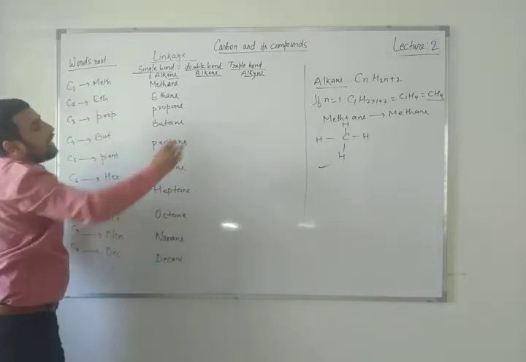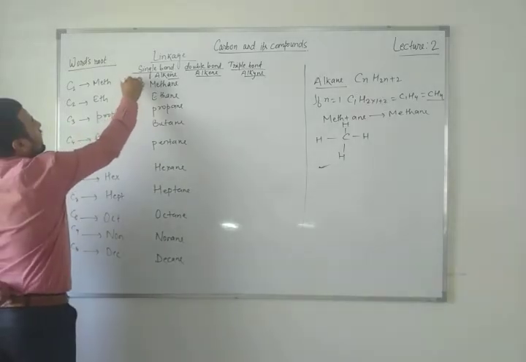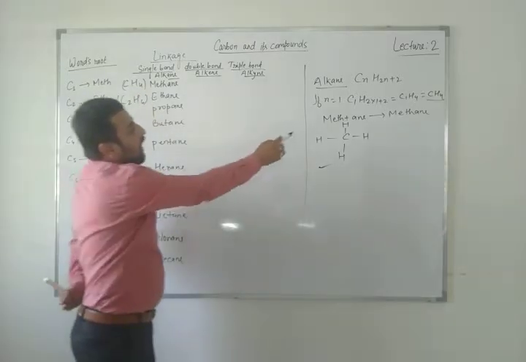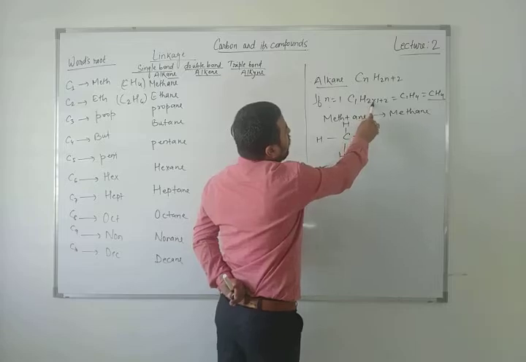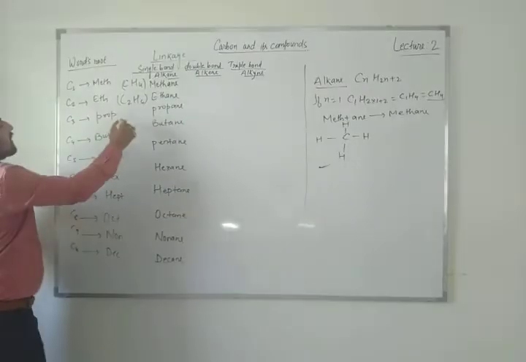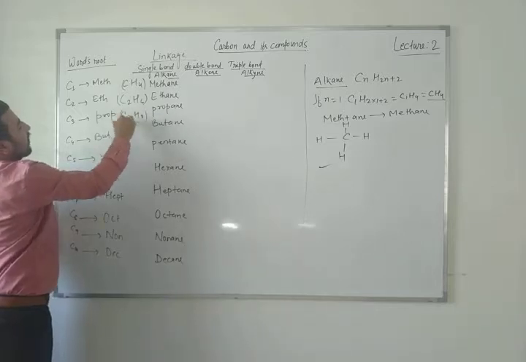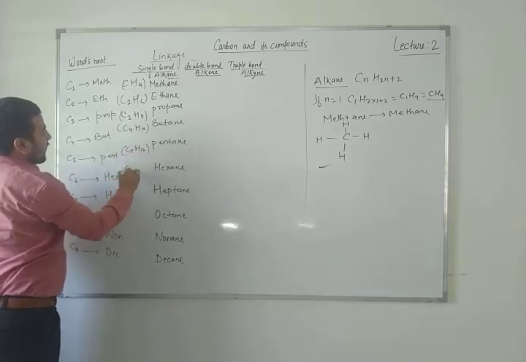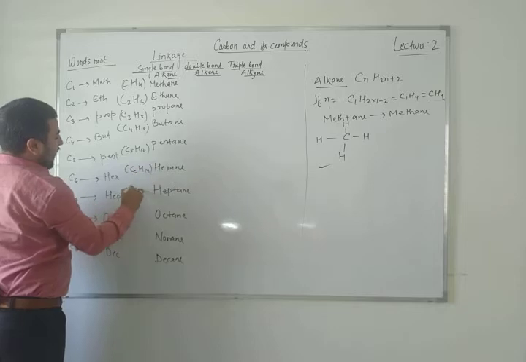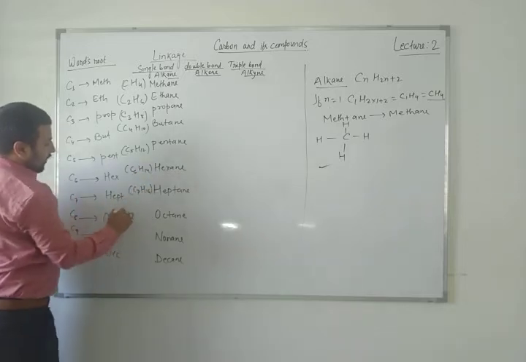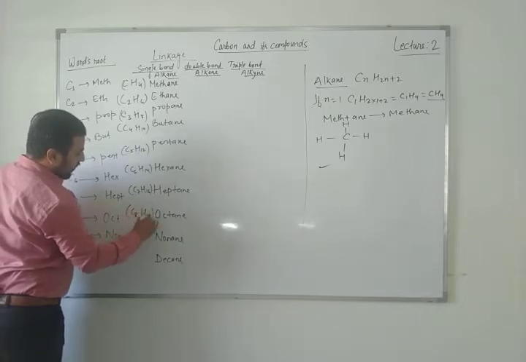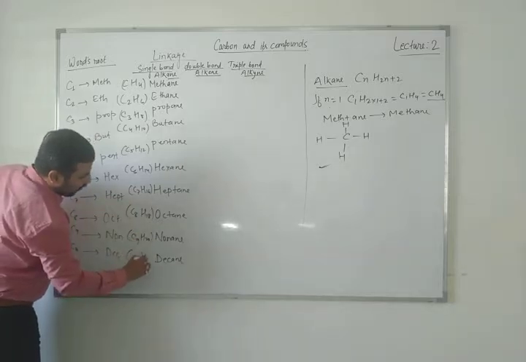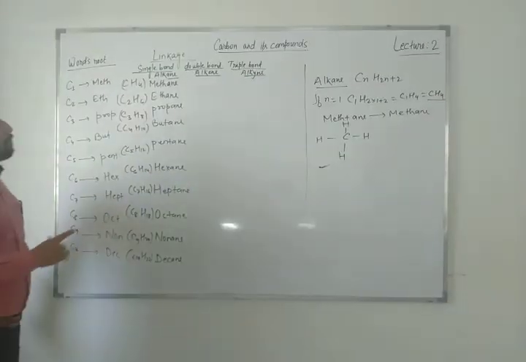The chemical formula is CnH2n plus 2. So the first chemical formula will be CH4. Second will be C2H6. If you put the value of n equal to 2, then C2H2 into 2 plus 2, that is C2H6. Similarly C3H8, C4H10, C5H12, C6H14, C7H16. This is the chemical formula. C8H18, C9H20, and C10H22. So these are the chemical formulas, and if you want to draw these compounds, as I have drawn here,